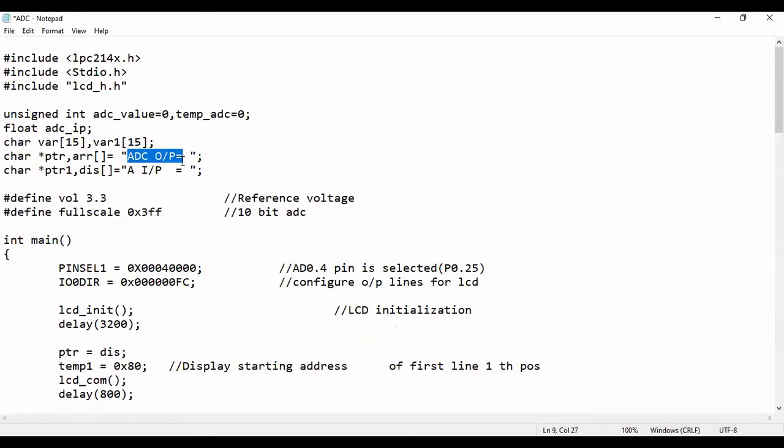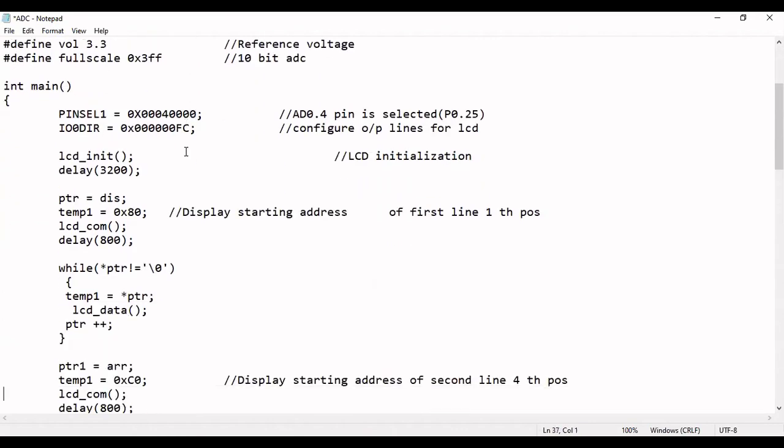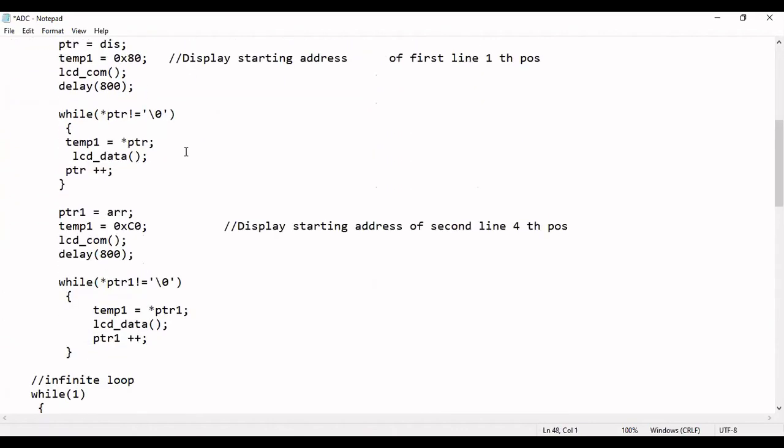After that, 89. A starts with 80, then it comes here, this will be the 89th position. The second row, first position is C0, and after all these things, the next position is C9. Here the analog input value will be printed, and here the digital output value will be printed, on the two-row LCD display.